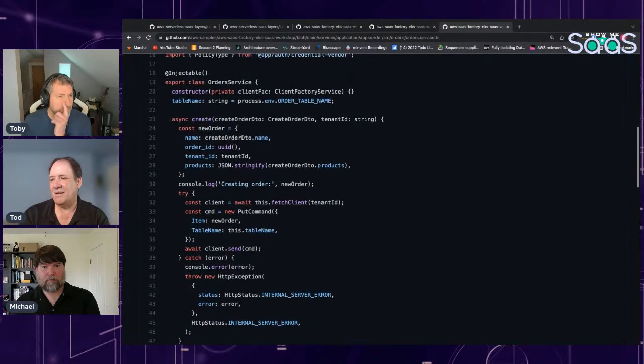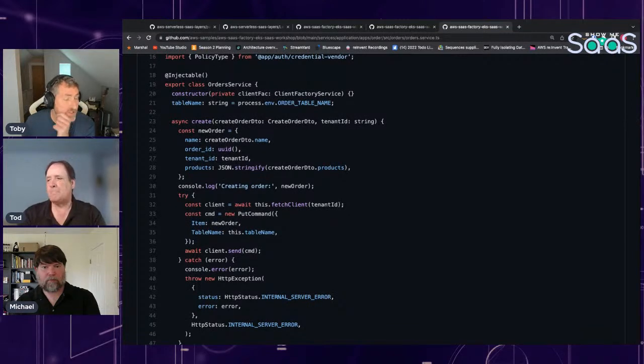So if you look at this, this is just the service that was being invoked by the controller, right? This is typical. This is the order service, and this is that create function that you were talking about. Yep. And if you look, this again is part of a workshop. One of the things that you do through this workshop is take this code and modify it